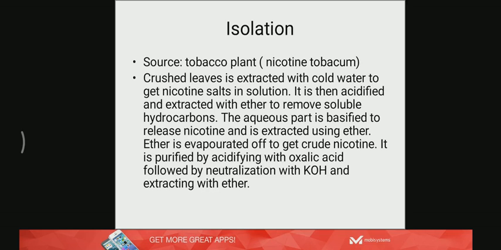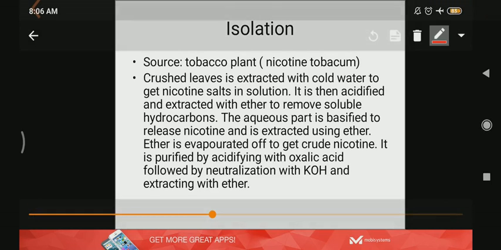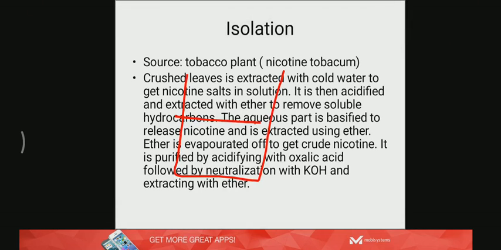So naturally alkaloids, which are basic and very less soluble in water, will remain as some salts like citrate, oxalate, etc. in the plant cell. So in isolation, the crushed leaves are extracted with cold water to get nicotine salts in solution. That means you will take some vessel, take the powdered crushed leaves, add cold water, and stir well for extraction, and then